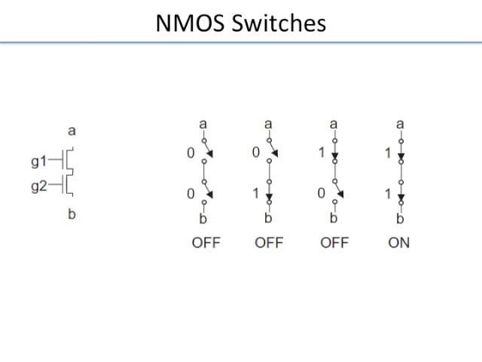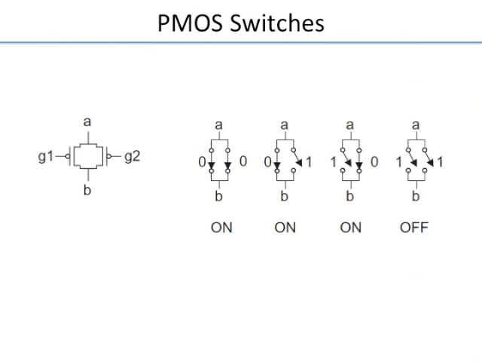So the NMOS switches, right? Only when you have 1 and 1, A is connected to B, otherwise it's off. Similarly, for the parallel combination, when either of them is 1, A is connected to B. In the case of PMOS, only when both are 1, it's off. So this switch